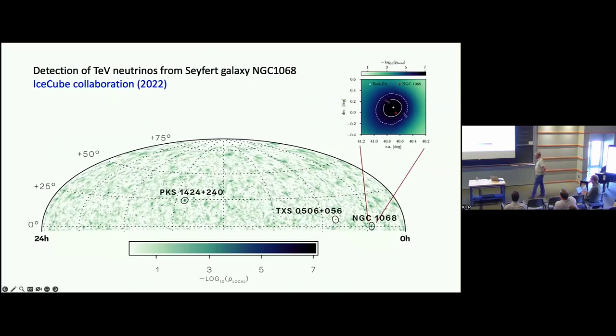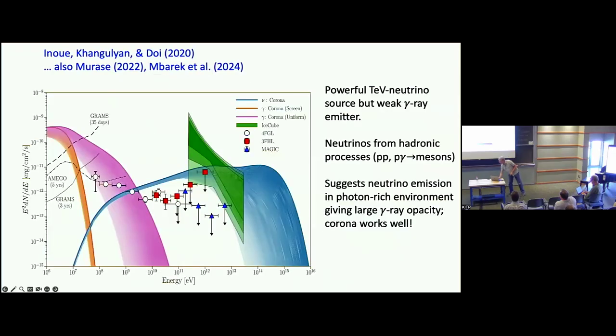I don't want to give a whole other talk, but the interesting thing here, when you look at those models, is the spectrum of the source, including neutrinos: very strong neutrino signal, yet very weak gamma rays. You'd have thought the hadronic processes that would give you the mesons and then the high energy TeV neutrinos should be generating copious gamma rays. The way out of this is that you have to absorb those gamma rays in a very photon-rich environment,